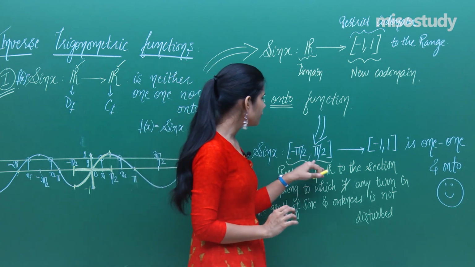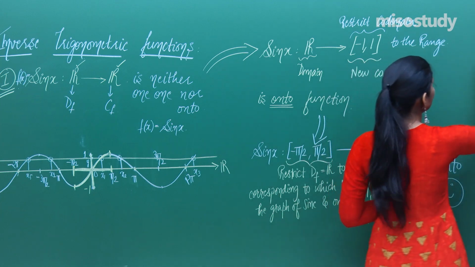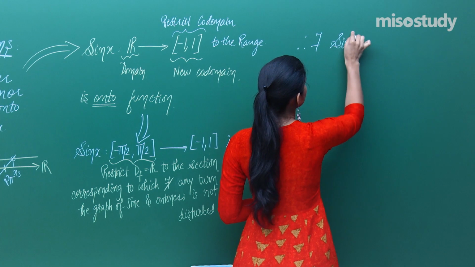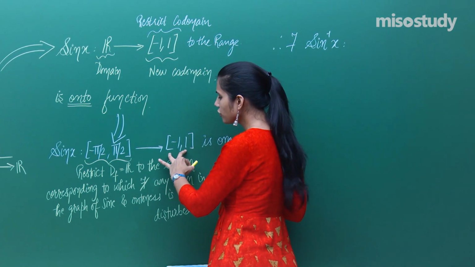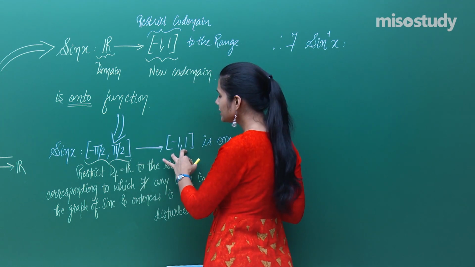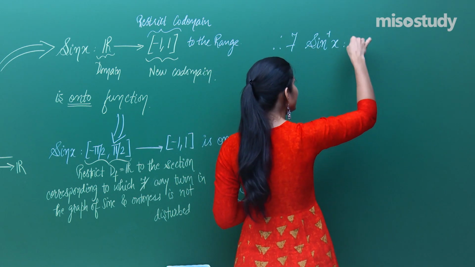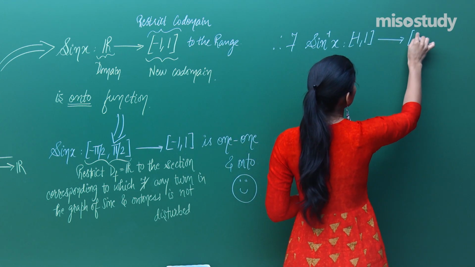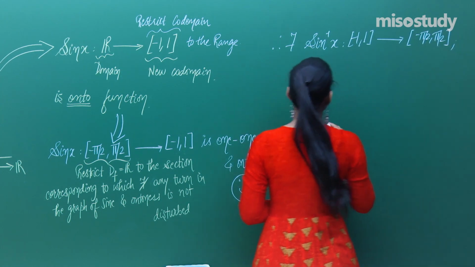So because sine function from this manipulated domain to manipulated codomain is 1, 1 and onto, therefore there exists sine inverse x. If it is 1, 1 and onto, this is the range of f, range of the sine function, this is the domain of the sine function. If it is onto, it means codomain is equal to the range. So this is the range. Sine inverse exists from the range of sine to the domain of sine such that